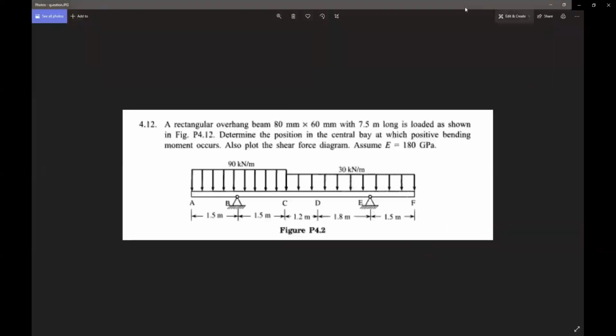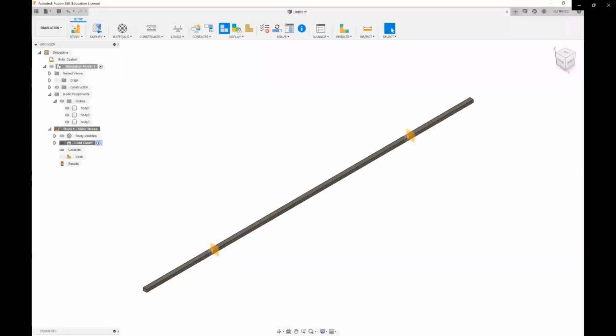Okay, for this we need to make a center split. We didn't split earlier because the load will be distributed directly. It means that one particular point will carry 90 kilonewton and the other point at the end will carry 30 kilonewton. So we need to make some splits. Split the edges at the center point, using the dimensions mentioned in the question, and then apply the load to the faces. This is the first point.